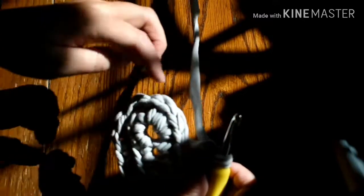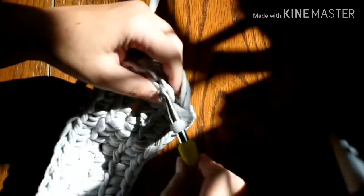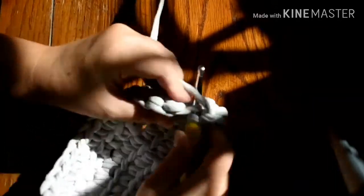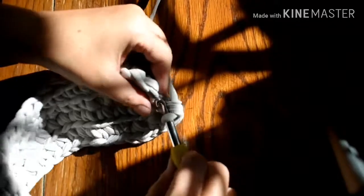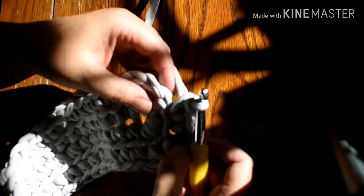Okay, now we need to continue doing the 2 single crochet in each stitch. So we've got 1, 2, 3, 4, looks like 4. 2 single crochets in the next 4 stitches. There's 1, 2, 1, 2, 1, 2, 1, 2, and then we need to slip stitch it into